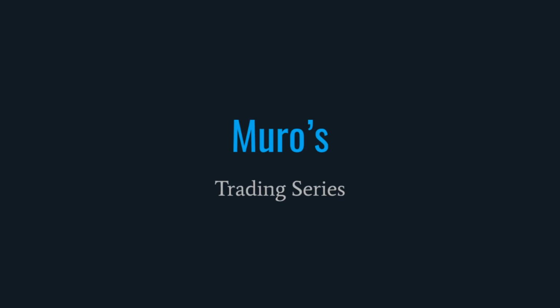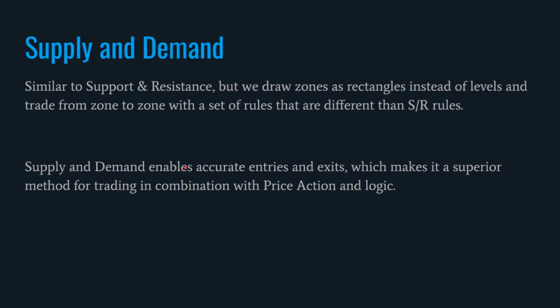In this video, I will explain how we trade supply and demand. It is similar to support and resistance, but we draw zones as rectangles instead of levels and trade from zone to zone with a set of rules that are different than support and resistance rules. Supply and demand enables accurate entries and exits, which makes it a superior method for trading in combination with price